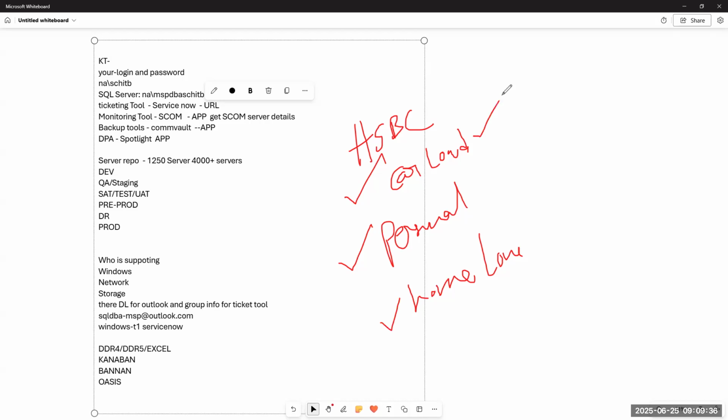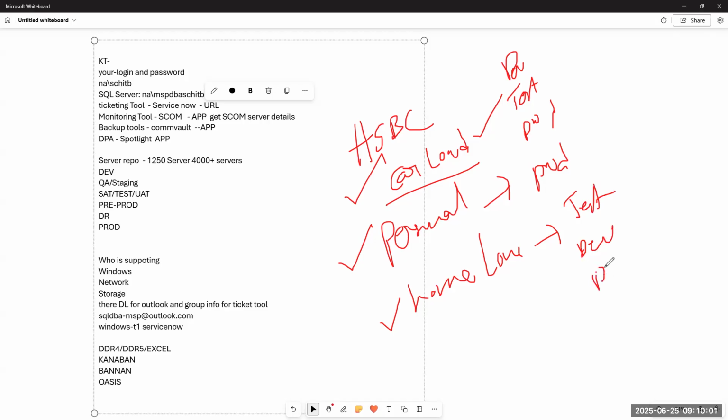We don't know how many environments each application expects. For example, this car loan application wants a dev server, test server, prod server. Some want only a prod server. Some want a test server, dev server, two prod servers.